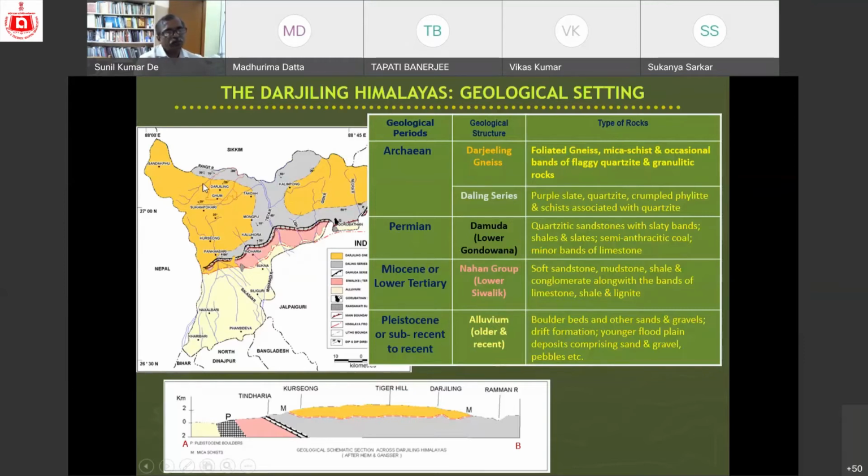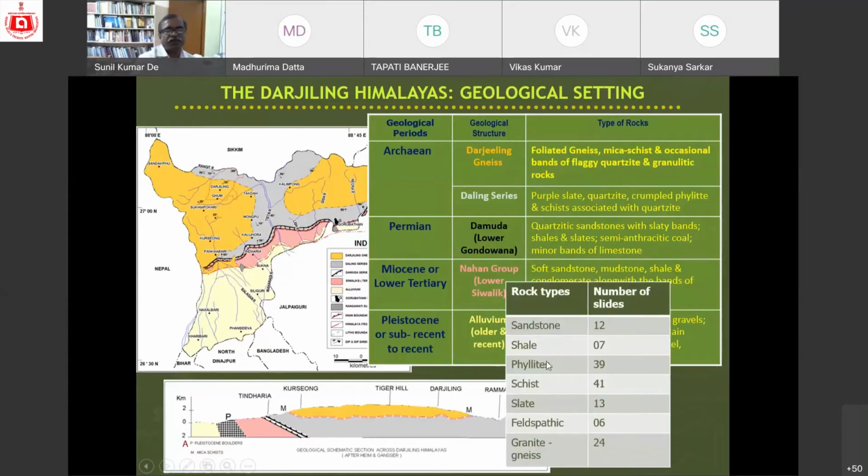Anyway, most parts of the Darjeeling Himalaya are almost stable because they are harder than any other type of rock. But where there is human intervention, the slope has become unstable. In those places, mostly in urban areas, landslides are taking place in huge numbers. After that, there is the Lower Gondwana, this is the Indian classification, Damuda, then the Nahan group, all these things. In most cases, the Damuda series is the series which carries the coal seams. Semi-anthracitic, this was determined by E.R. Mallet, but after that it was found to be anthracitic coal.